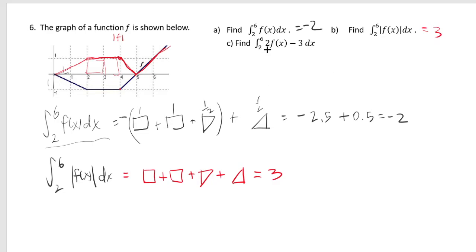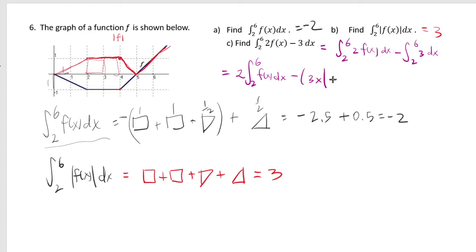Now here's an interesting one. What if you integrate twice f of x minus 3 dx? Well, this question is asking you if you know the properties of definite integrals, which is that if you have more than one term, you can split them into two integrals. And if you have any constant multiple, you can bring it outside. So it's twice the integral from 2 to 6 of f of x dx. And then integrating 3 gives you